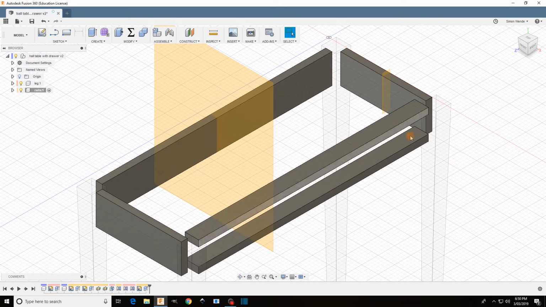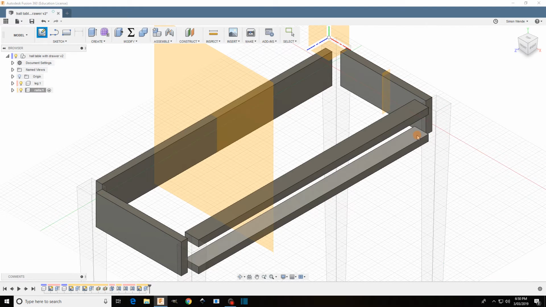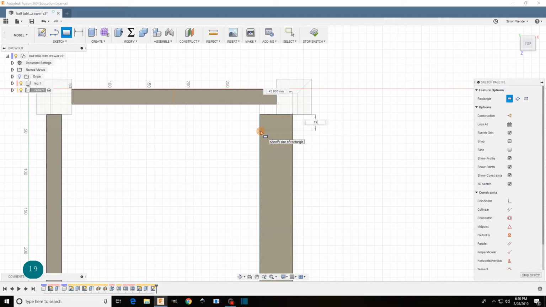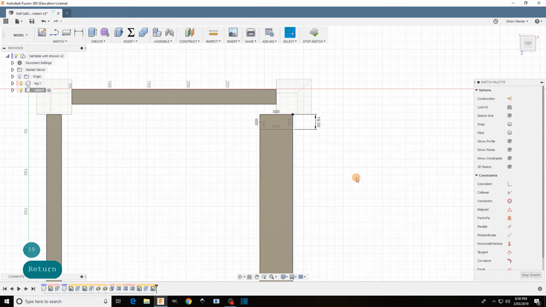Okay. So that's the two pieces. Now, with the assembly, we're actually going to join them with a bit of 42 by 19. So I'm going to go create sketch. We're going to sketch on the top of that front rail there. Get 2-point rectangle, go from there, snap. It's just going to automatically snap to the other end. So the width is already going to be 42 and the height is going to be 19. Enter. I'm going to stop the sketch,